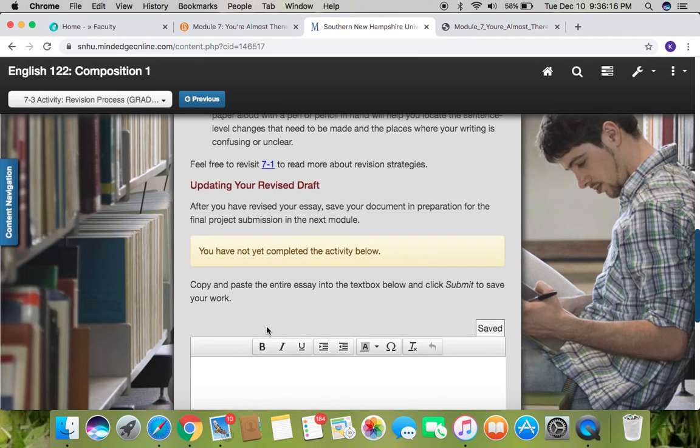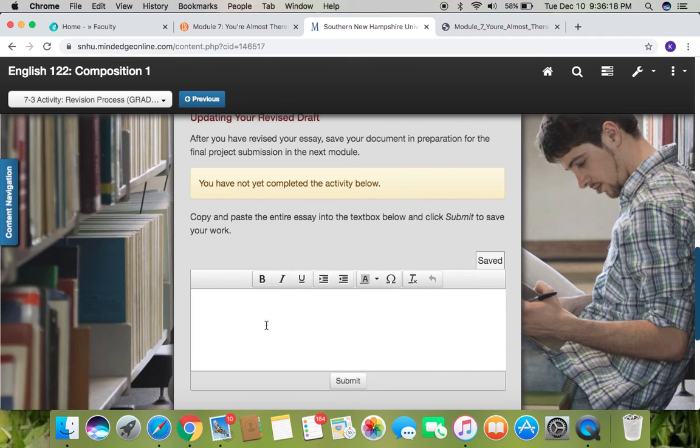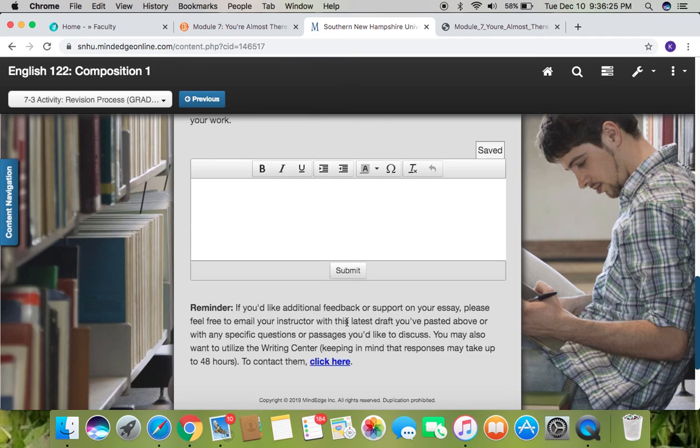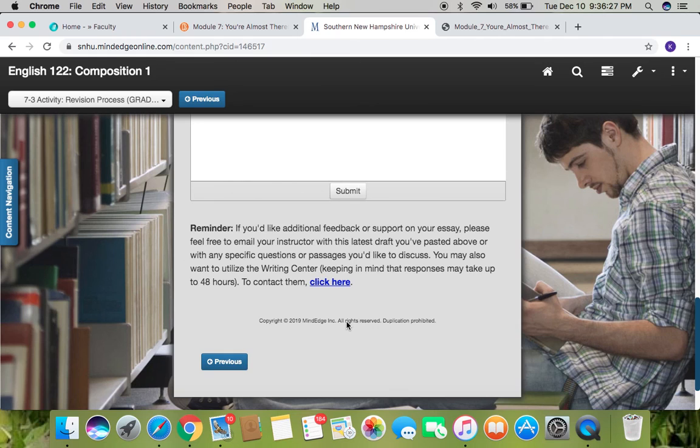So updating your revised draft, and that's copy and paste the entire essay into the text box below and click submit to save your work. So again, this is a completion activity. But it is one that it'll bear a lot of fruit for you as far as improving your writing. The more that you write, the more you think about writing, applying the concepts that you're thinking about, the better your writing is going to get. So that's Module 7, and I will see you folks in